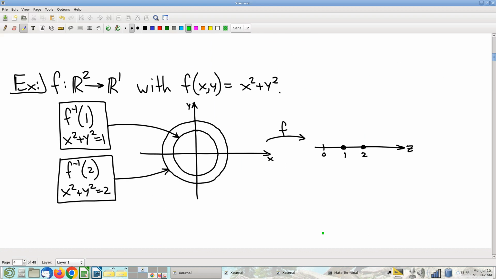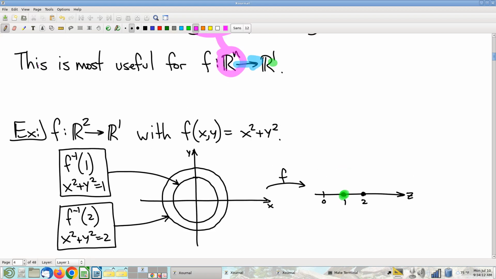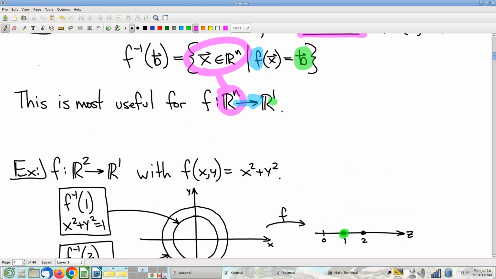So here is a multivariable function. 2 inputs, 1 output. And here's the formula for it. All right, so we've got a perfectly well-defined multivariable function here, and let's start looking at pre-images, aka level sets. Let's start with the value 1. Okay, the value 1. If I want to know what the pre-image, if I want to know what the level set is associated to this output value 1, going back up to the definition, I need to ask,